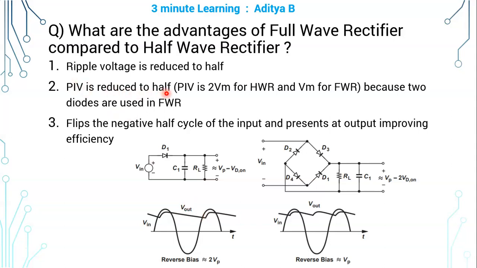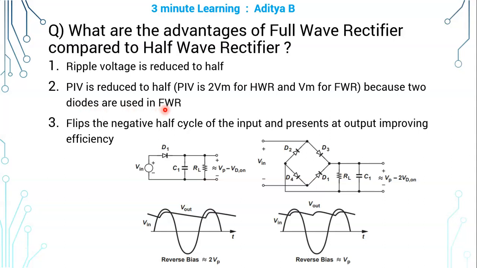PIV requirement is reduced to half. PIV is the peak inverse voltage. PIV is the maximum reverse bias voltage that the diode is subjected to in the circuit when the diode is reverse biased. PIV is 2 times of peak voltage of the input signal, that is 2 Vm for half wave rectifier, and only 1 time of the peak voltage, that is Vm for full wave rectifier, because in full wave